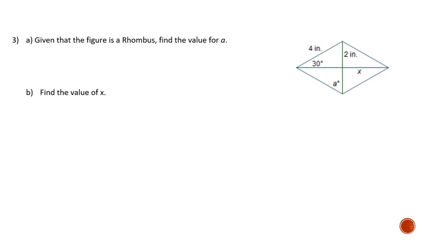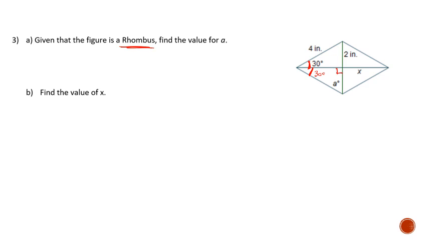This next one, we are again dealing with a rhombus, and we need to find the value of a. So we got a few extra steps mixed in now. So we know that this angle here is 30 degrees. Because it is a rhombus, we know that this angle here is also 30 degrees. We know also, because it is a rhombus,